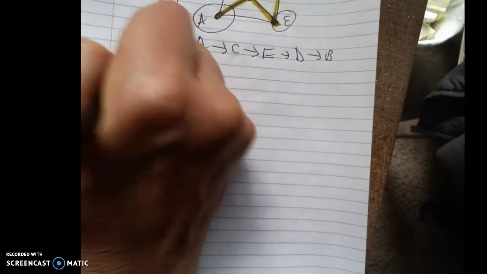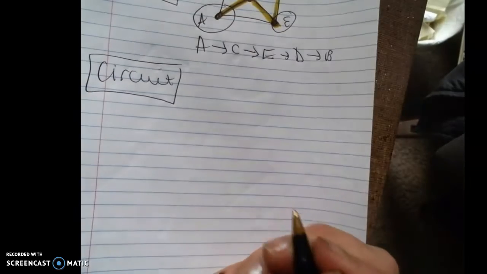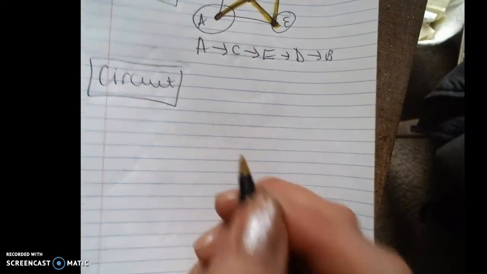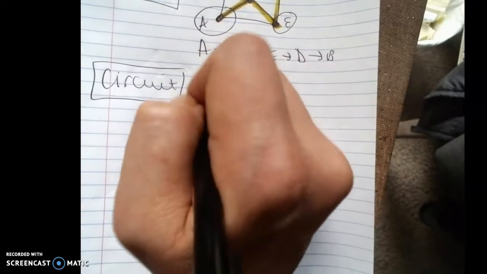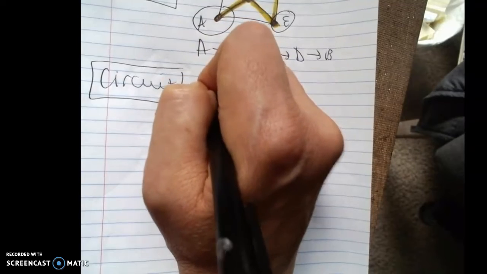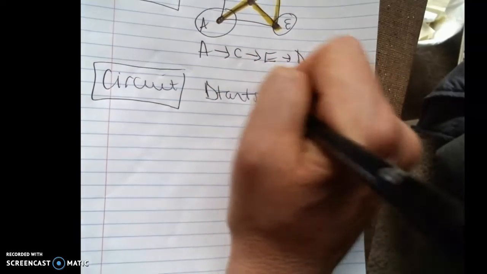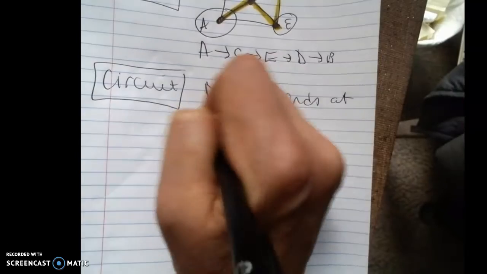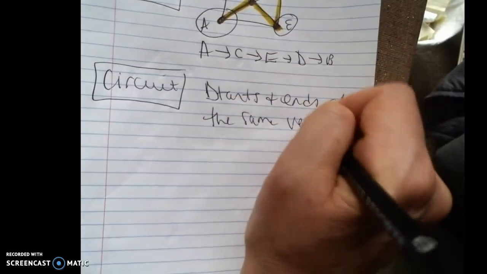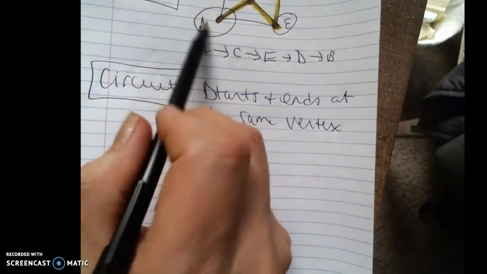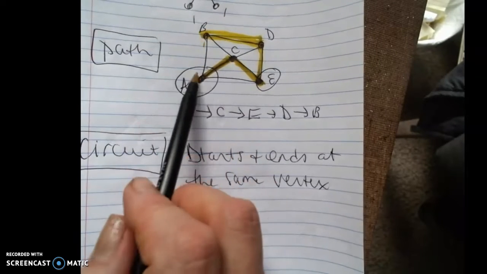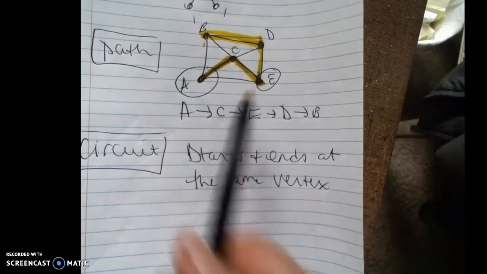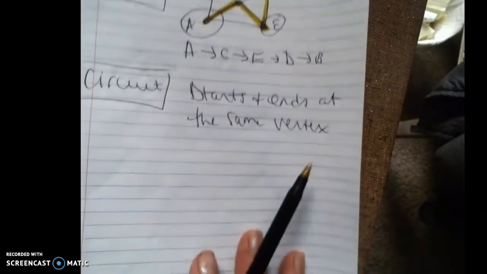Okay, a circuit, again, not a special circuit, just any old circuit, kind of goes around. Like, if you have electrical stuff, sometimes you have circuits in your electrical run through your house. So a circuit starts and ends at the same vertex. Notice a path is just made of connected vertices and connecting edges, and you don't have to end up anywhere. You just start somewhere and end somewhere else. That's a path. Circuit, you have to come full circle, okay?